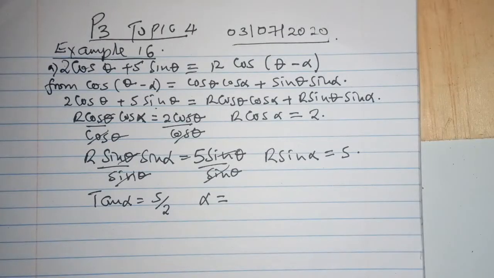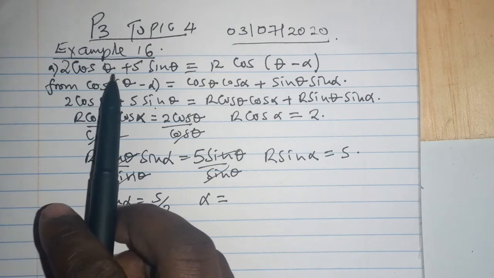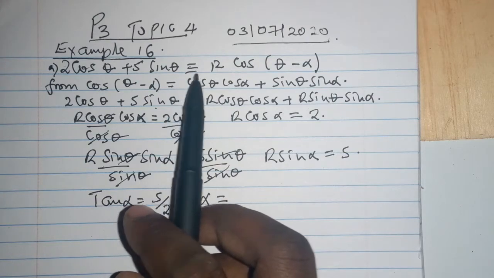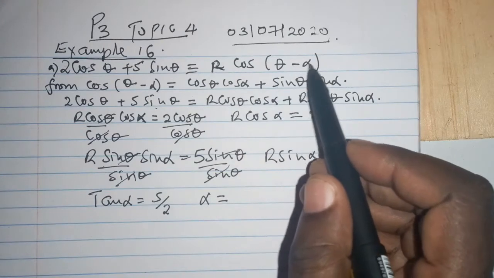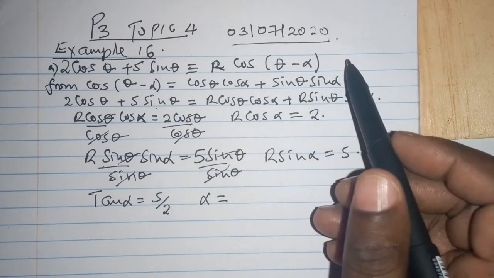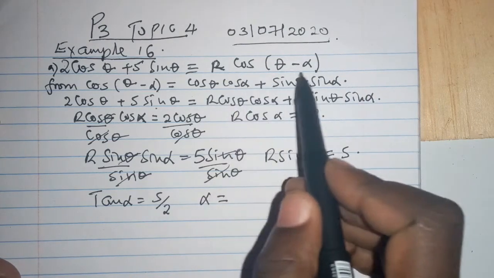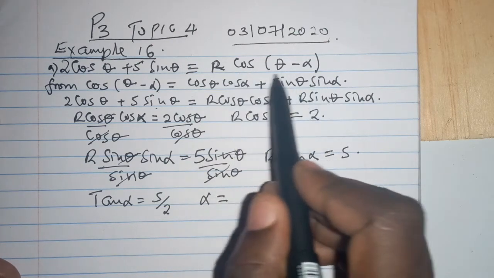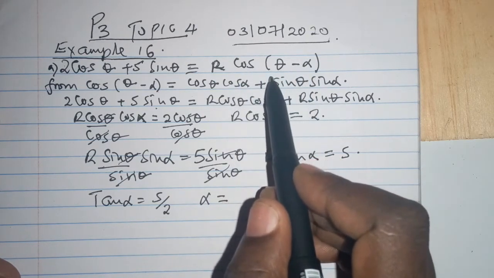In example 16 on page 87, we are asked to express 2 cosine theta plus 5 sine theta in the form r cosine open bracket theta minus alpha. And from the previous examples, we know that we are going to rely heavily on the addition angle formulae. And since we know how to express cosine theta minus alpha in this format,